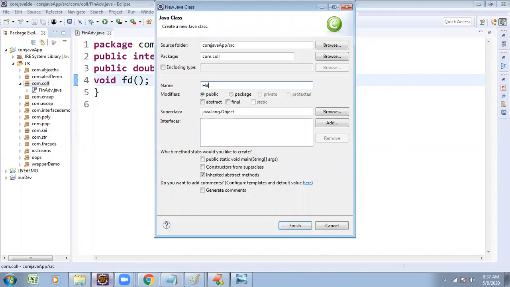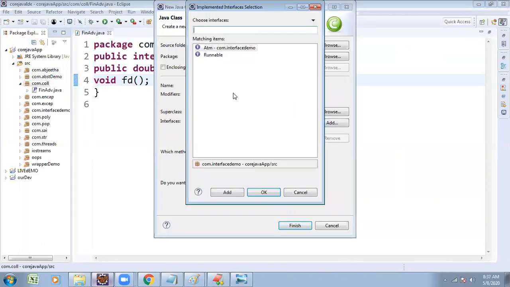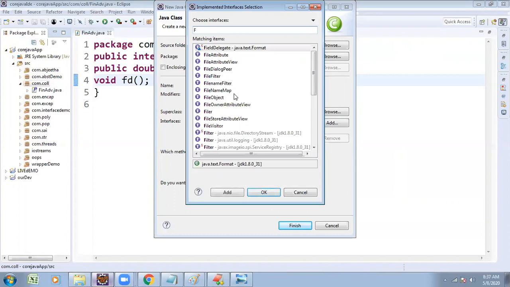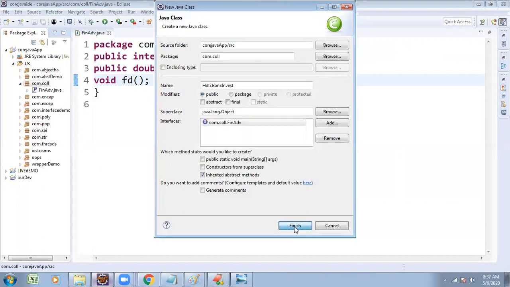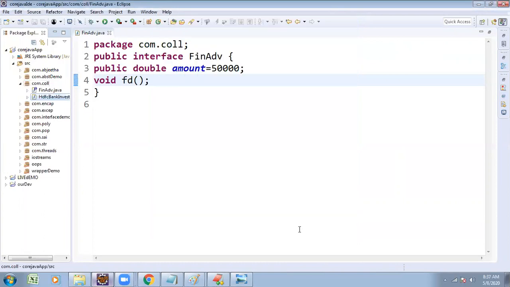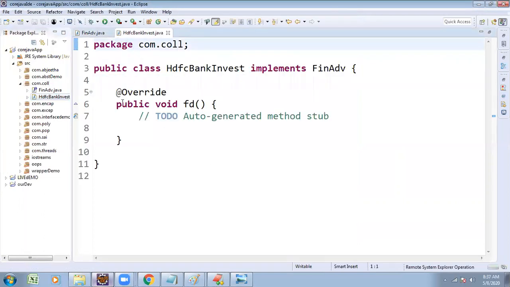You plan to invest that amount with HDFC Bank, so the class is HDFC Bank, an implementation class of the interface FinancialAdvisor. Try to add it. Here you click inherited abstract methods also. Click on finish, and automatically one class comes.